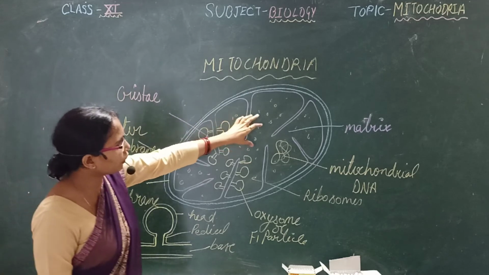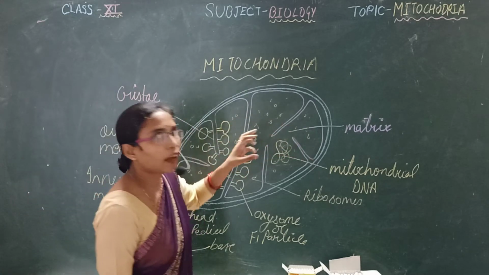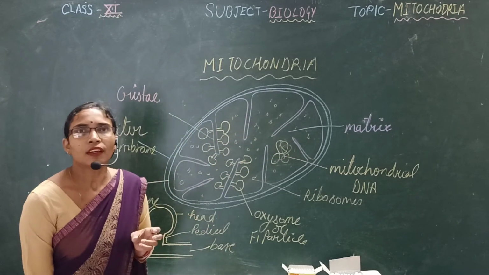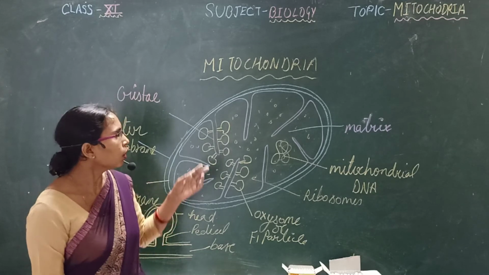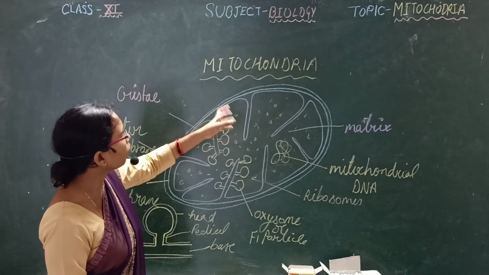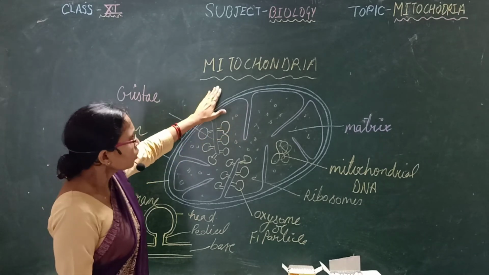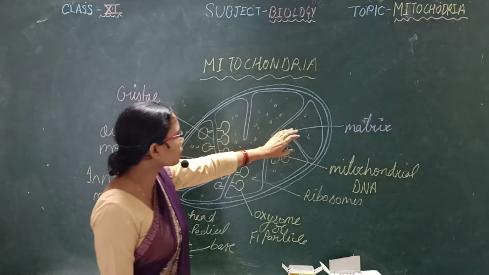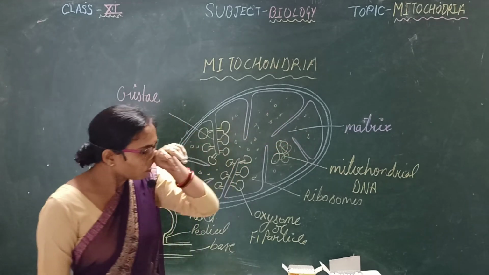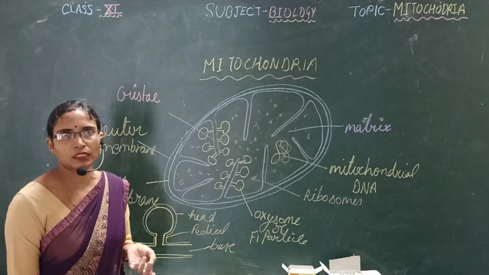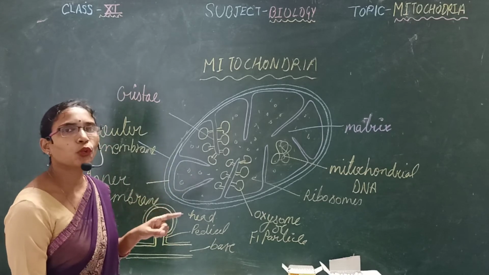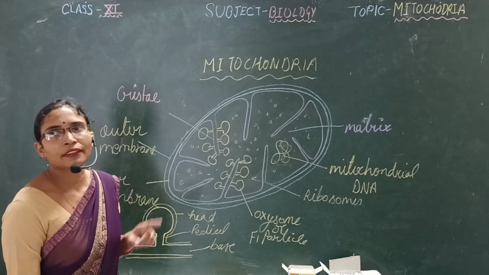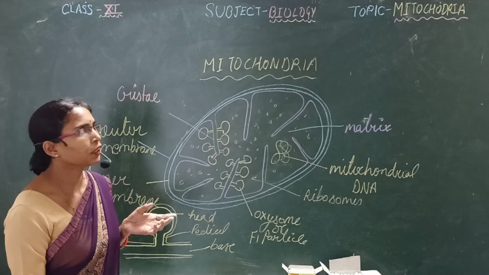In the matrix, several enzymes are present which are responsible for the respiration of human beings and several organisms. सो मैट्रिक्स में जो भी एंजाइम्स प्रेजेंट होते हैं वो रेस्पिरेशन में हेल्प करते हैं. ठीक है. And due to the respiration, energy is produced or released, and that energy is stored in the form of